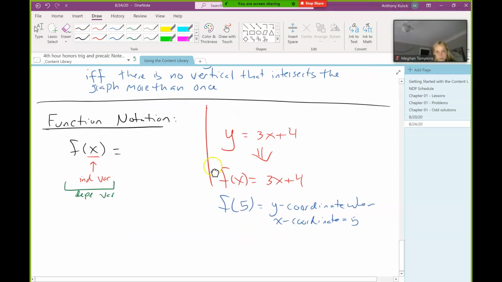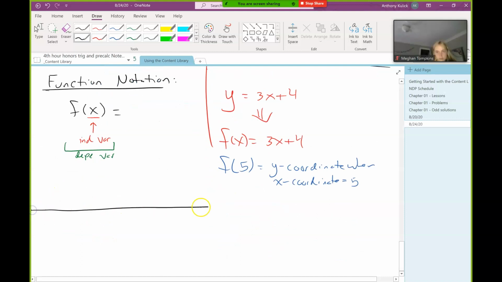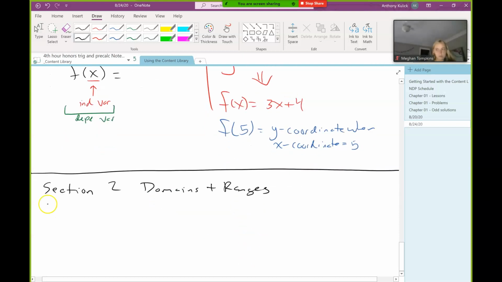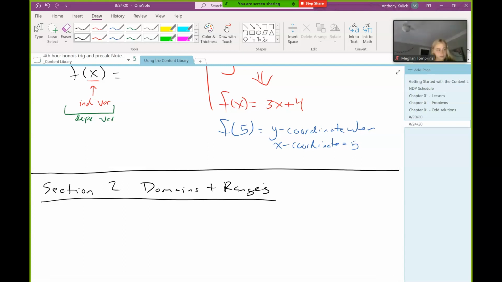Guess what? That was section 1, all done. Whoa! We're just ripping and rolling here, folks. It helps that this is all reviewed, though, right? If this was brand new things, I would not be going this fast. Or maybe I would if it was really easy, but, you know, probably not.